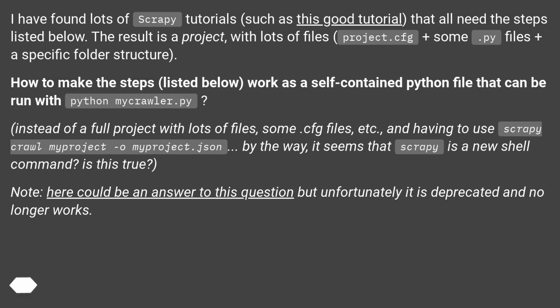The result is a project with lots of files: project.cfg plus some .py files plus a specific folder structure. How to make the steps listed below work as a self-contained Python file that can be run with python mycrawler.py, instead of a full project with lots of files, some CFG files, etc., and having to use scrapy crawl